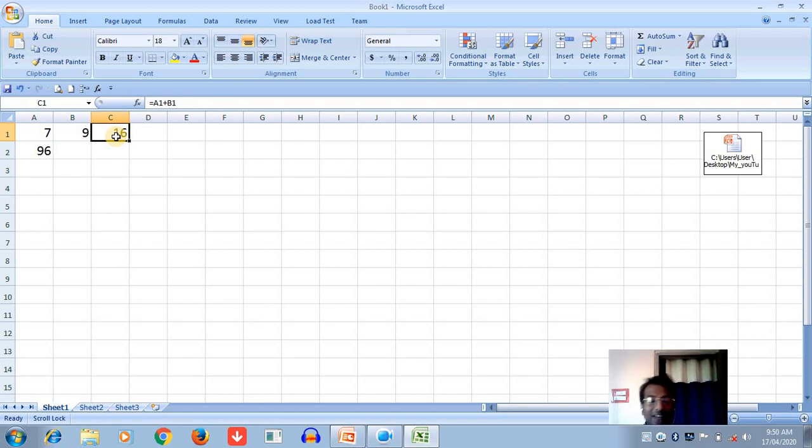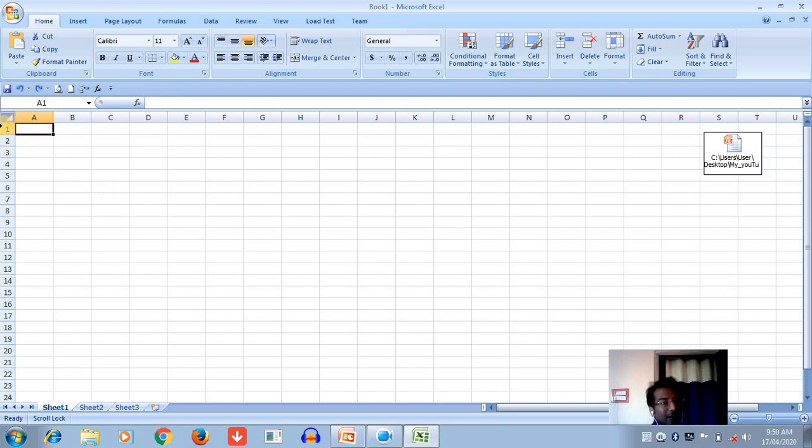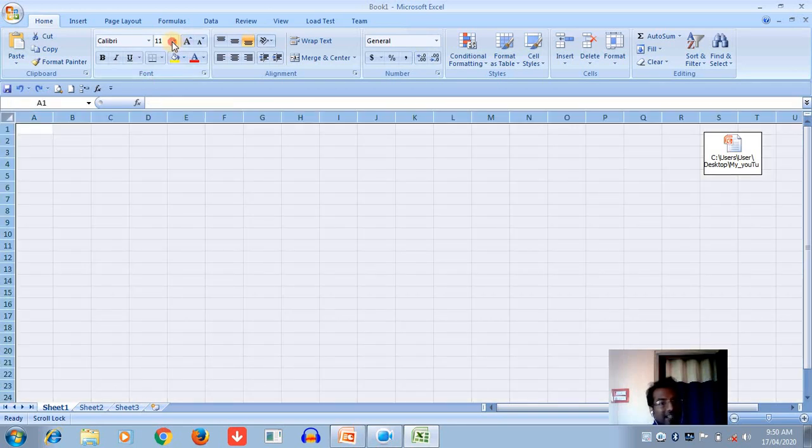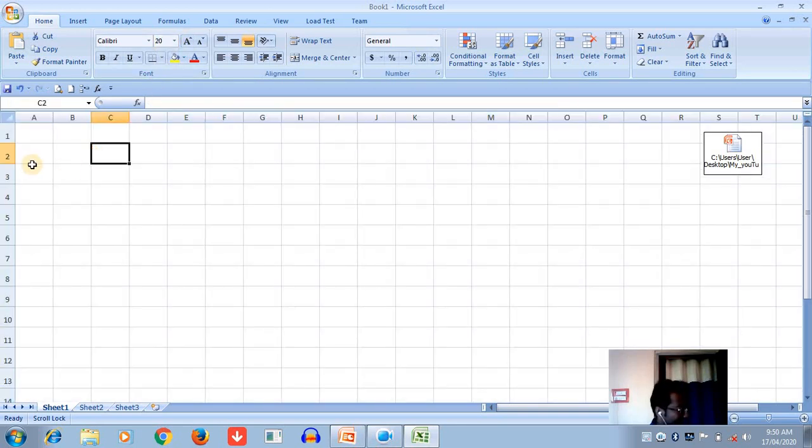Some other examples: if you are adding different cell content values, I'll show you how to use them. Here I am writing the number 5, that is 6, here also 6 and so on. Now the resultant cell is B7.